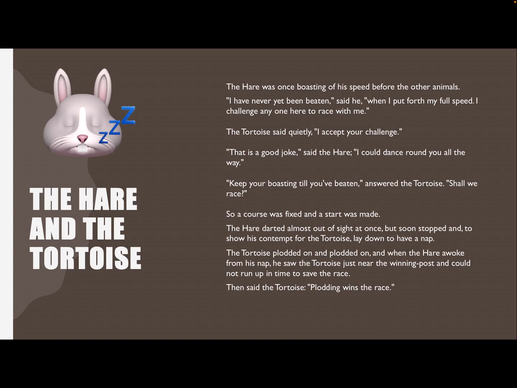Now, what does that story tell us? Well, it tells us that the tortoise was right and that the hare was wrong. But what did the hare do that was wrong? Well, it was sleeping. So you could say, well, the moral of the story is sleeping is bad, but that's not true. It could be don't sleep during a race, but that's very specific. And these stories are supposed to tell us something much broader, much more important than a very specific when racing against tortoises, don't sleep. Well, what's this one telling us?